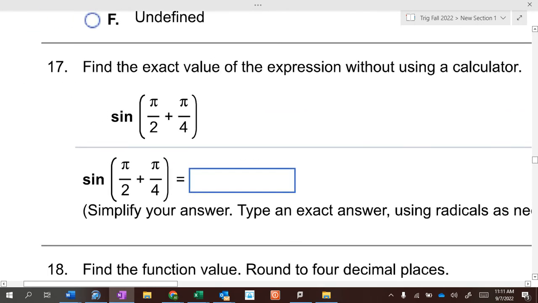Oh, don't worry. This is not that hard. When we have pi over 2 plus pi over 4, if we're adding them together, we need a common denominator. So the common denominator would be 4. So we multiply each of these by 2. So it's 2 pi over 4 plus 1 pi over 4 is 3 pi over 4. What's the sine at 3 pi over 4? Well, you go around to 3 pi over 4, find the y value, and you get